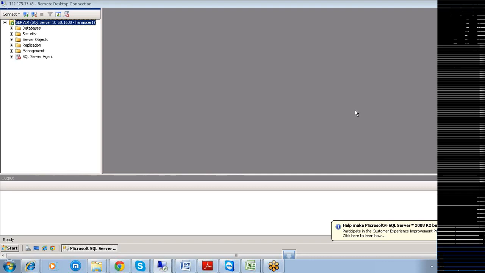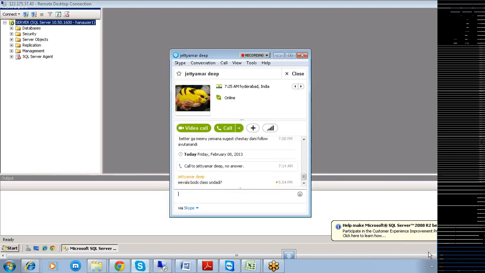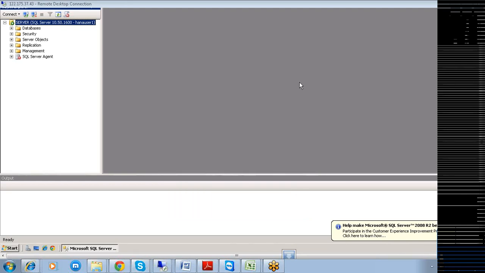In the majority of cases we use only BODS for replicating the data, and in some other cases we use SLT. But for replicating the data through ETL, the obvious choice here is BODS. When you want to work in BODS, the repository has to exist.